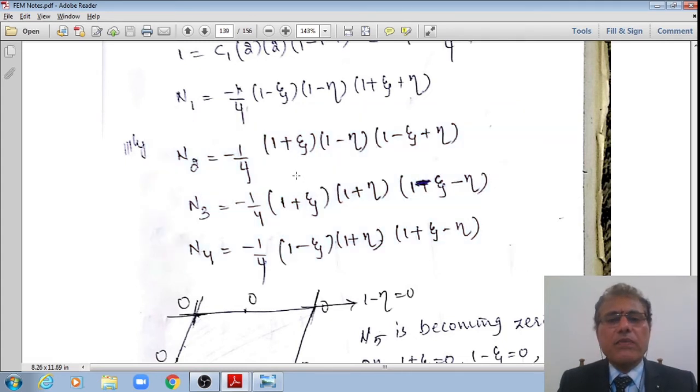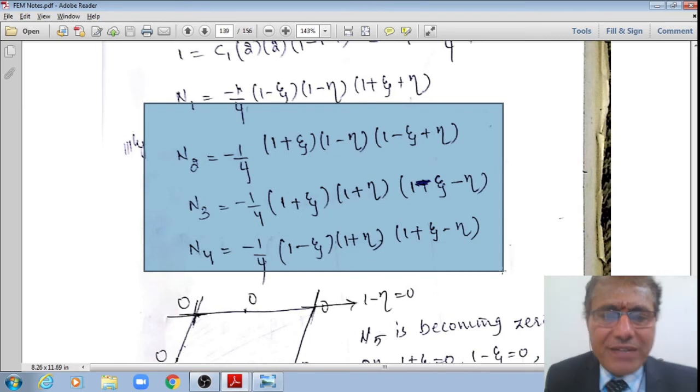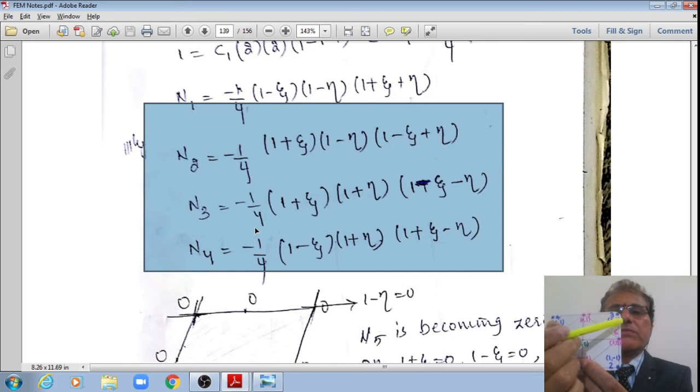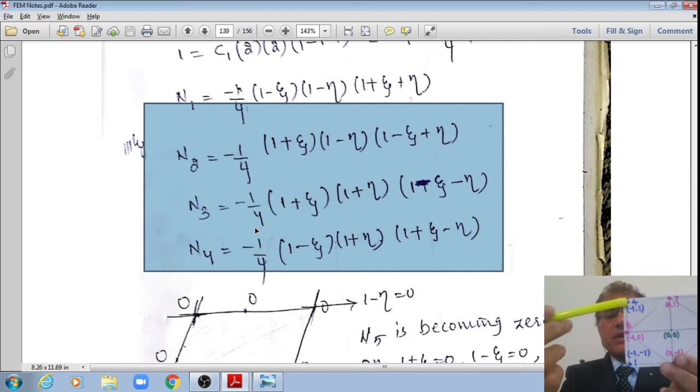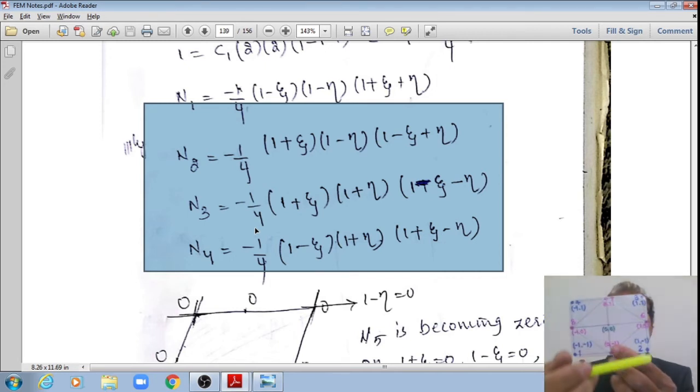and get those constants C2, C3, C4, which are respectively once again 1 by 4, minus 1 by 4, minus 1 by 4, minus 1 by 4. Substituting which, now I'll get the shape function N2 given by minus 1 by 4, 1 plus xi, 1 minus eta, 1 minus xi plus eta, right? Similarly N3 is given by minus 1 by 4, 1 plus xi, 1 plus eta, 1 minus xi minus eta, and N4 is equal to minus 1 by 4 multiplied by 1 minus xi, 1 plus eta, 1 plus xi minus eta, as the shape functions of the four